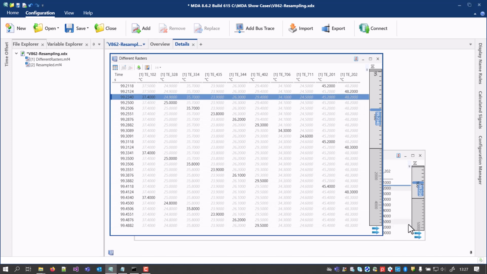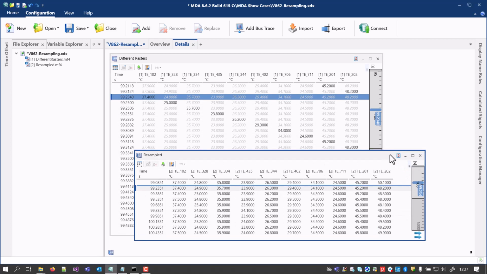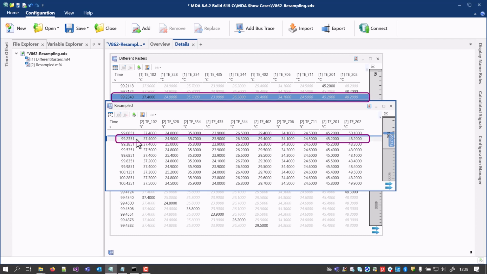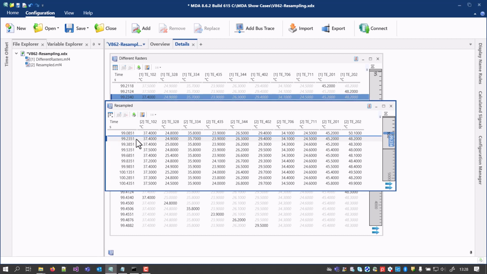In another table view, the same signals from the newly generated file are displayed. First, it can be seen that for all timestamps all signals have a sample. Moreover, the view shows that all timestamps are equidistant with a period of 150 milliseconds. And finally, in the synchronized mode of the tables, it is visible that, when creating the samples in the new periodic raster, again the value of the last available sample was used.